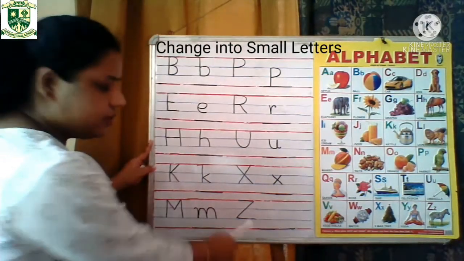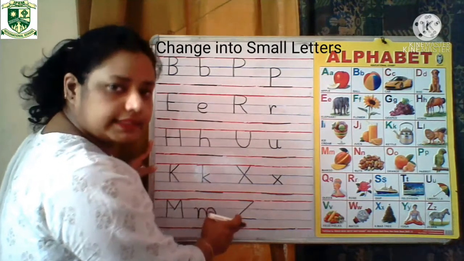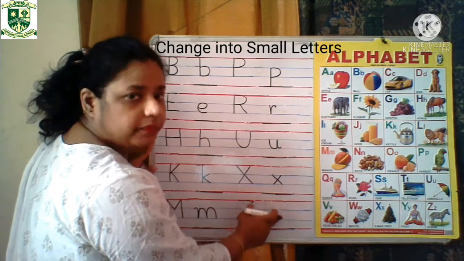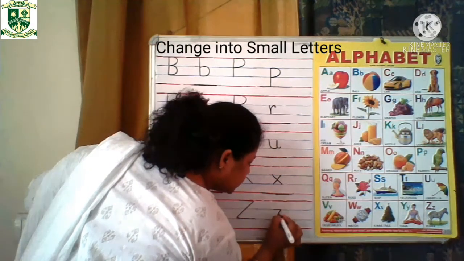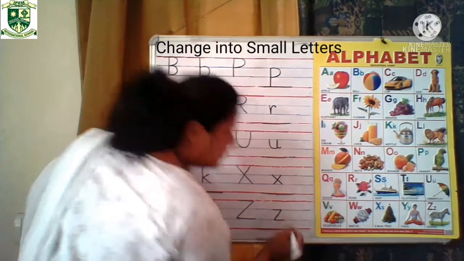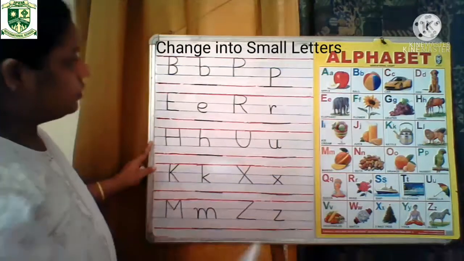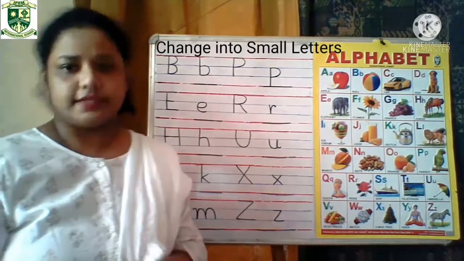Now what is this, children? Z. Very good. This is capital Z. Now similarly we'll make the Z again, but again in between the two blue lines. One sleeping line, slant line, sleeping line. Okay, zigzag pattern. Is it clear? So now similarly you will do this again in your exercises.